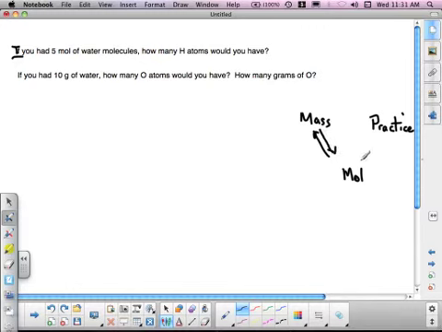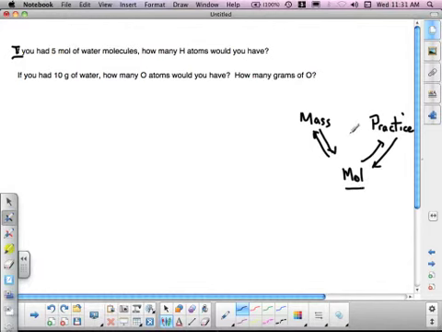As we get into chemical reactions in the next lecture, we take things apart and put them together in new arrangements. So it's important that we understand how to count particles when we take them apart, and how to account for that. All right, so if I have 5 moles of water molecules,